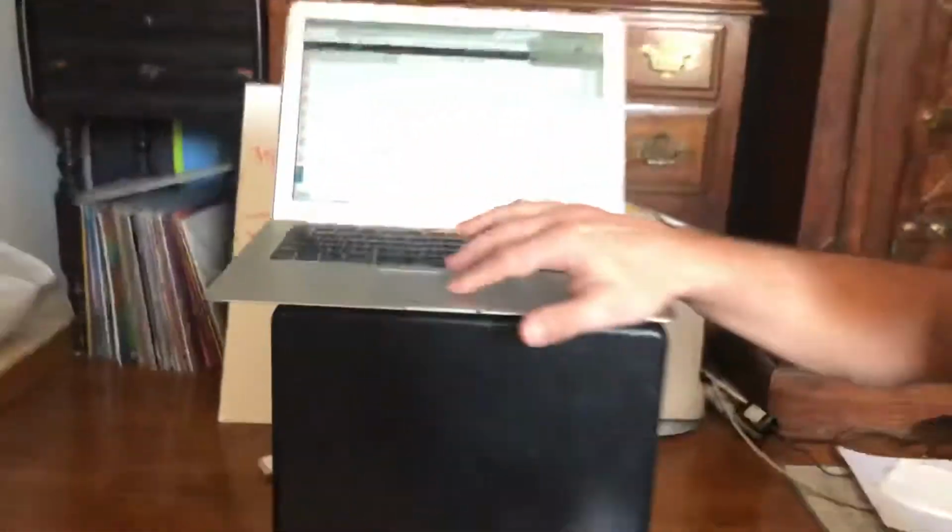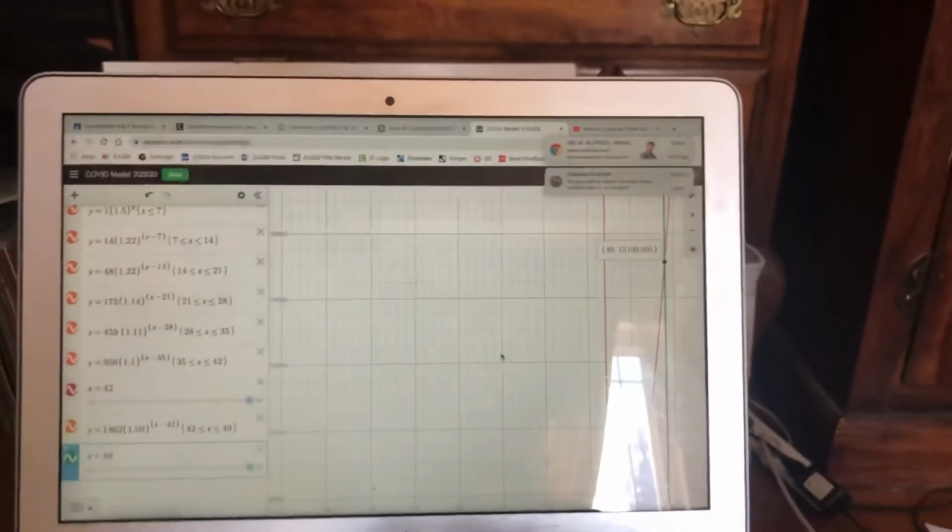If nothing else, this needs to show you the value of flattening the curve. That as we can continue to just grow by a slower and slower rate, we're going to end up a lot better off. That 1.217, we started off actually at a worse rate than that. And if we were maintaining that, we'd be in a lot of trouble. But here we are, we're down to 1.11 in the last week. And if we can continue to lower that, we will reach our peak. No way to say for sure, but we will reach our peak.